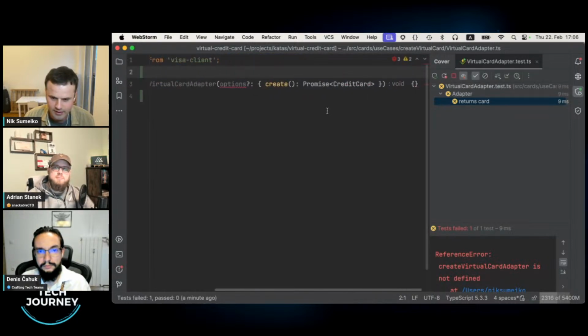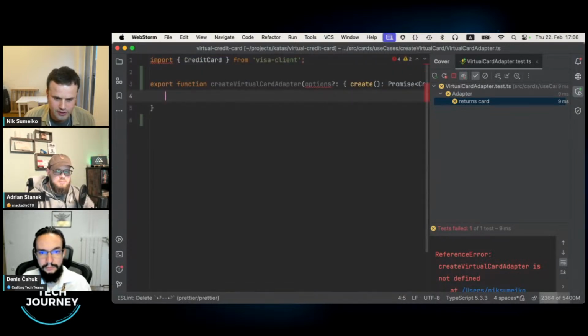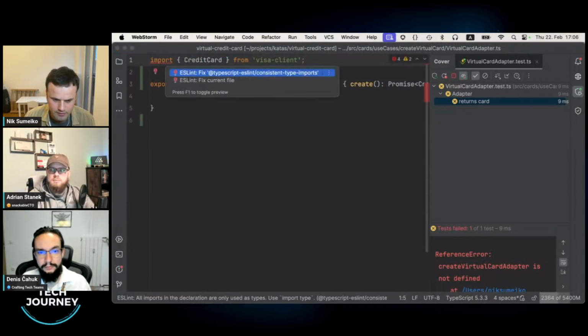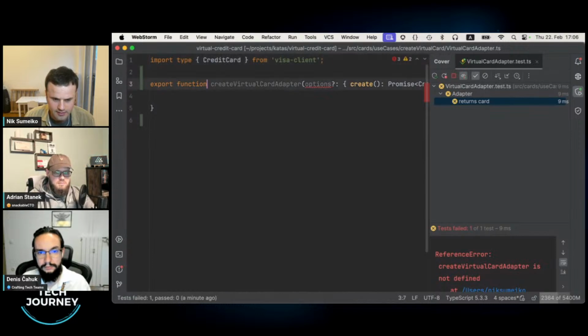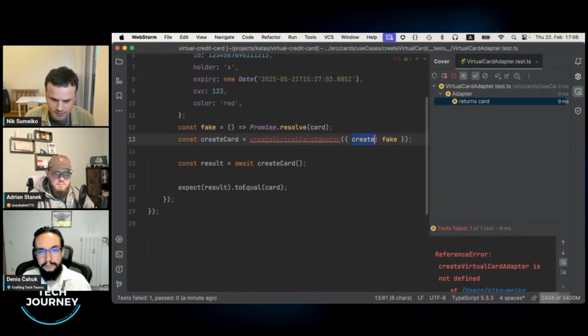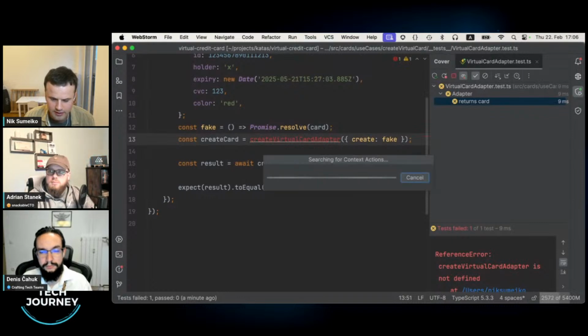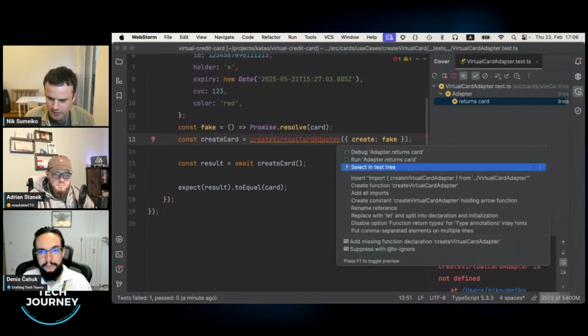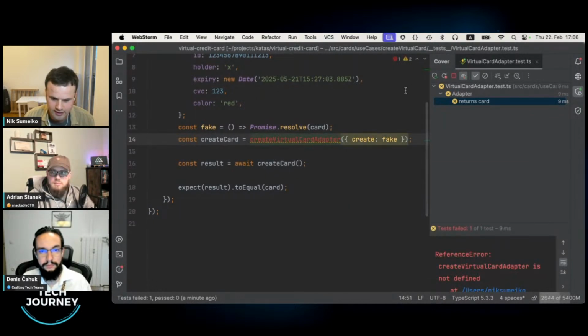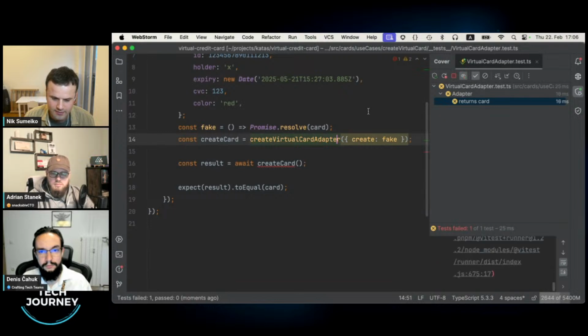That's what I described. First thing we can do here is fix the TypeScript, import this into the test. We import using the IDE, it's done automatically. Now I can run something already.